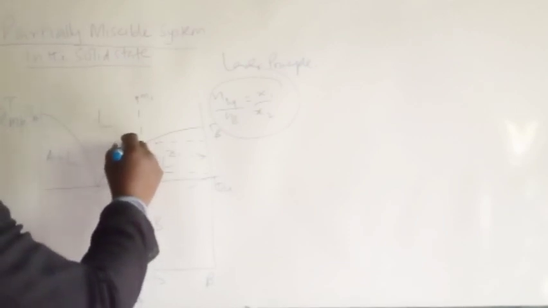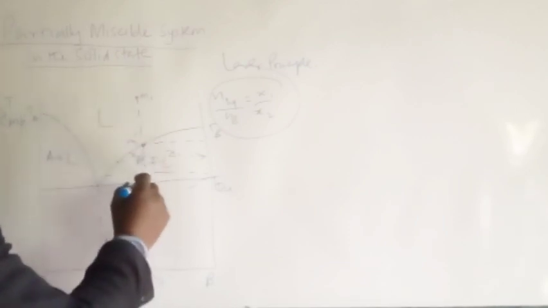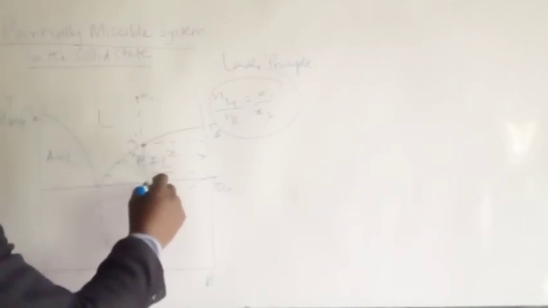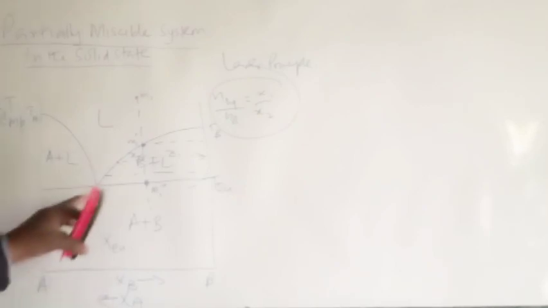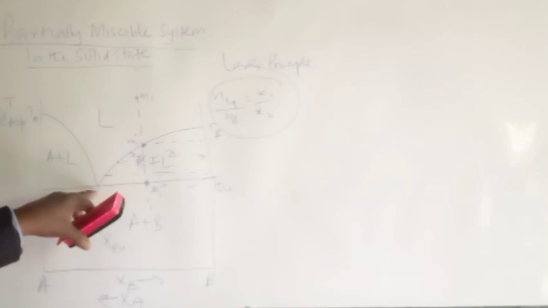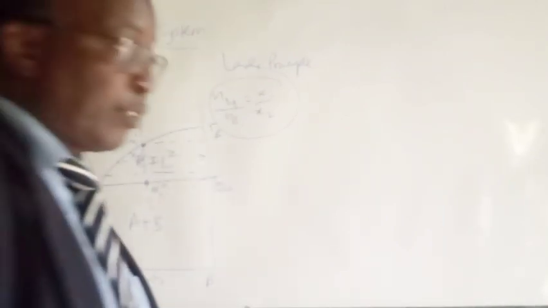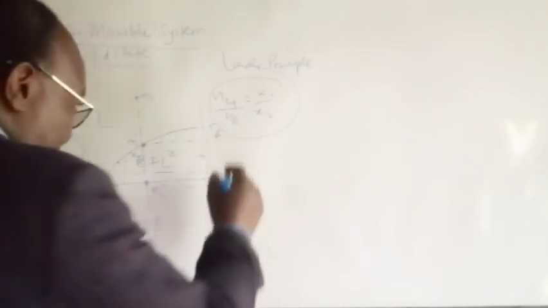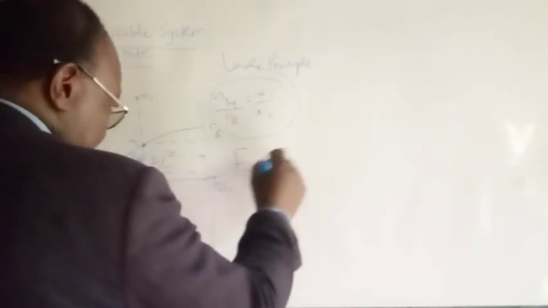And then, of course, when we reach this particular point, let's call that M1 prime, when we reach M1 double prime at this point, we have three phases coexisting in equilibrium. We have A coexisting with the eutectic mixture, and we also have B. So there are three phases coexisting in equilibrium, and if we use the phase rule under constant pressure, it is